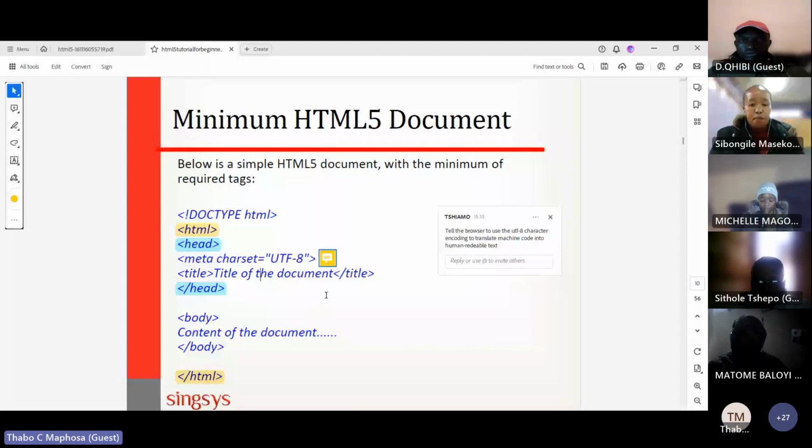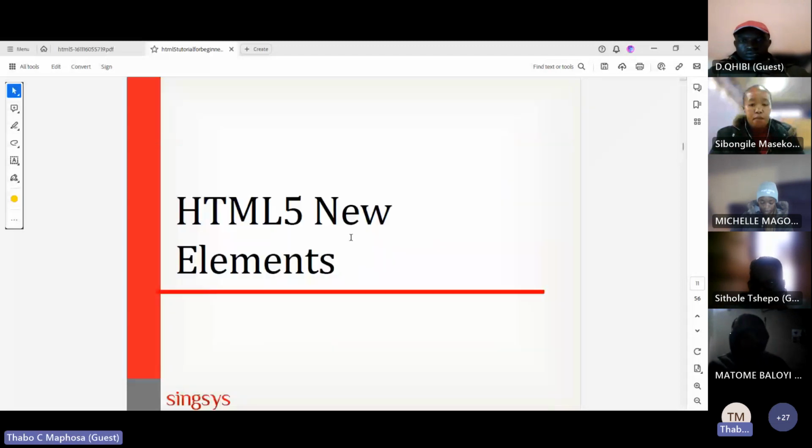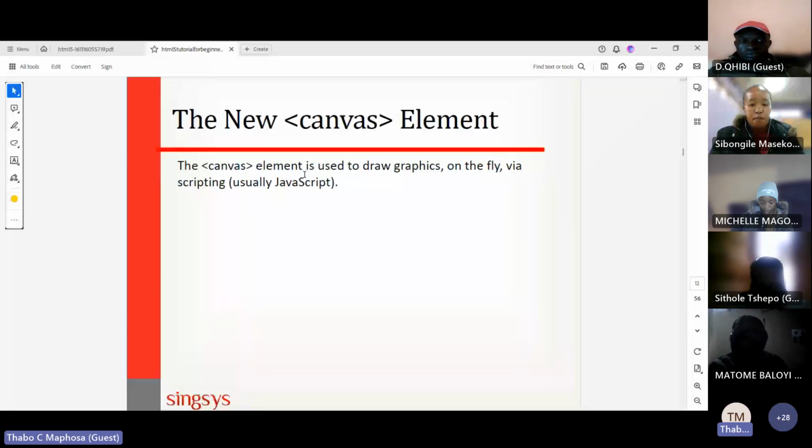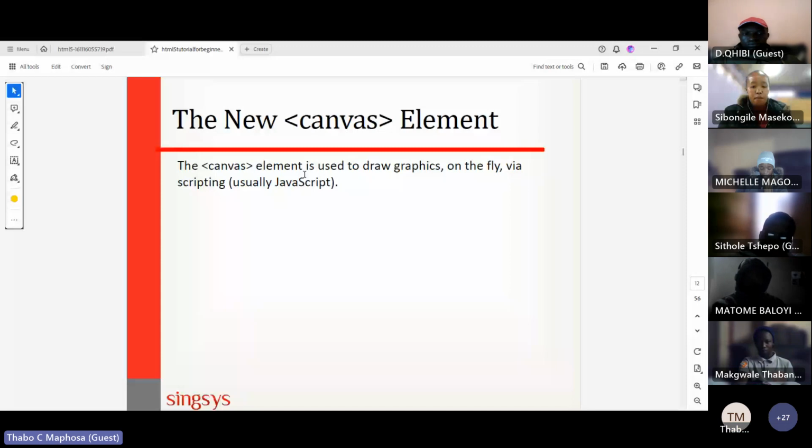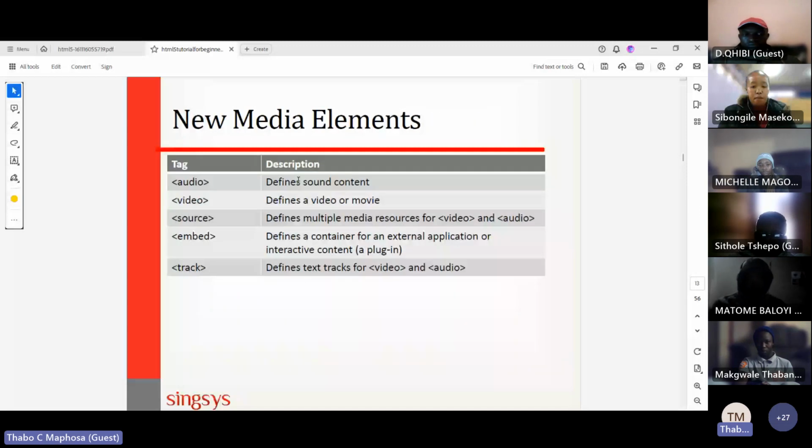So now, moving on, HTML5 new elements. There are a lot of elements that have been added to HTML5.